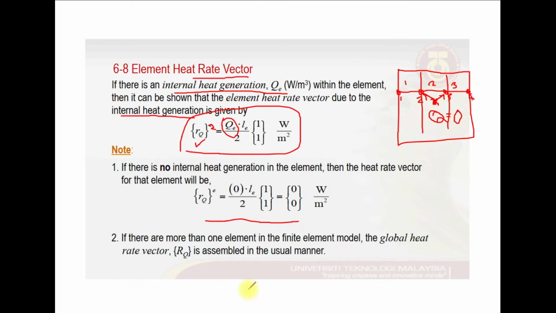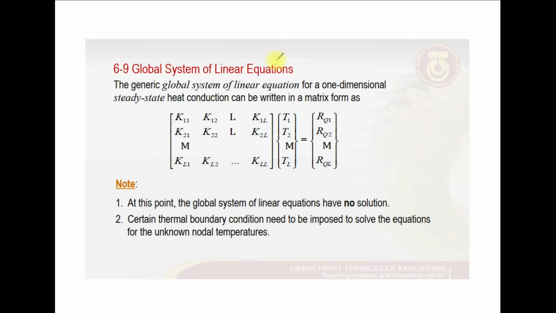If, for example, there are more than one elements in finite elements model, then the global heat rate vector is to be assembled in the usual manner. It's similar to how we assemble the applied loads, similar to how we assemble the element stiffness matrix as we saw in the structure problem before. So now, since we have assembled our K matrix,